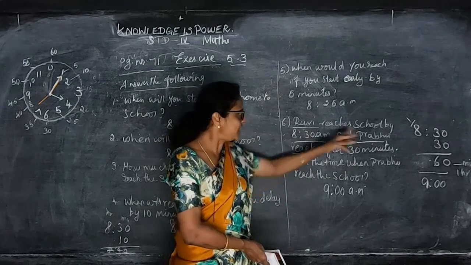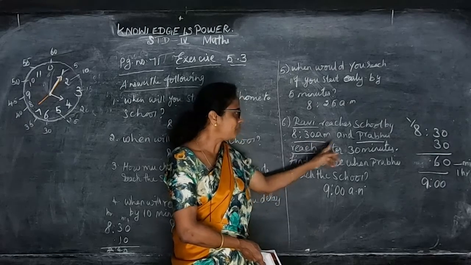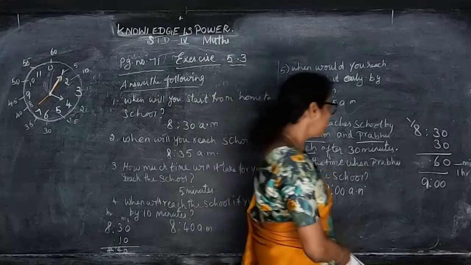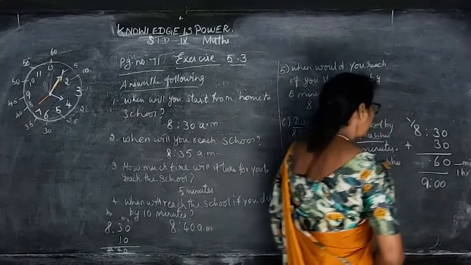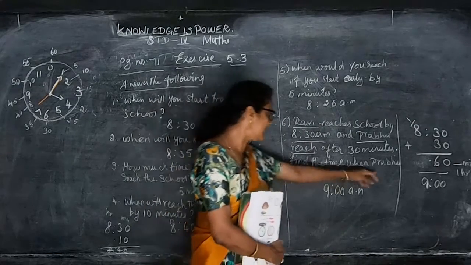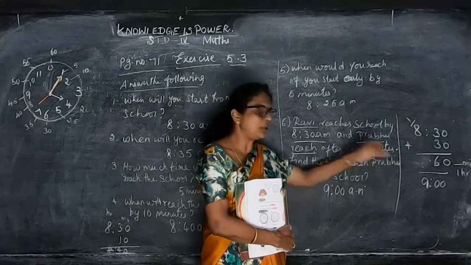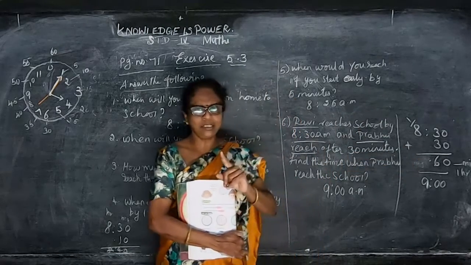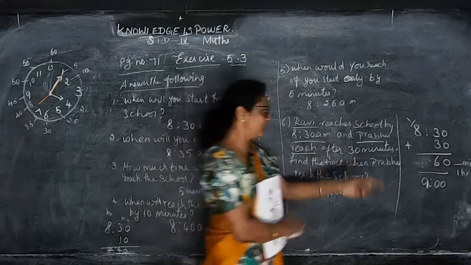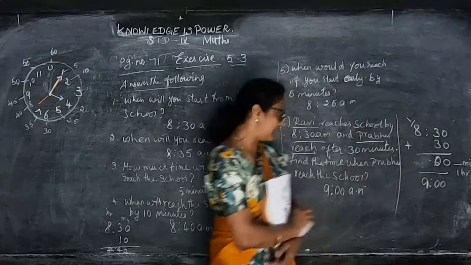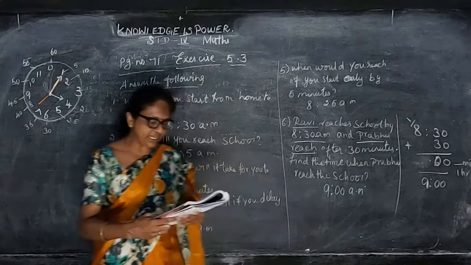Next one is, Ravi reaches the school by 8:30 a.m. and Prabhu reach after 30 minutes. So Ravi 8:30 போகிறான். After that Prabhu is coming and join with him. So அந்த 8:30 ஓட நீங்கள் 30 ஆட் பண்ணிங்கன்னா find the time when Prabhu reach the school. So at what time Prabhu will come? If we add it will give 60. So on the 60 minutes now 1 hour it will come. So this gives you 0 and if 8 ஓட அந்த 1 hour add பண்ணா that will be the 9 a.m.